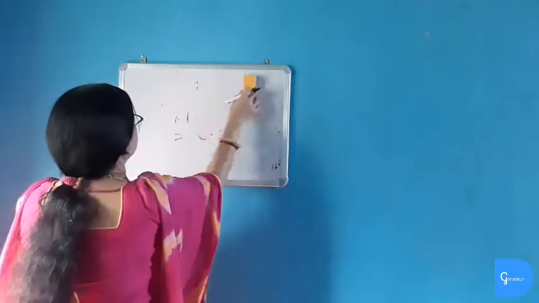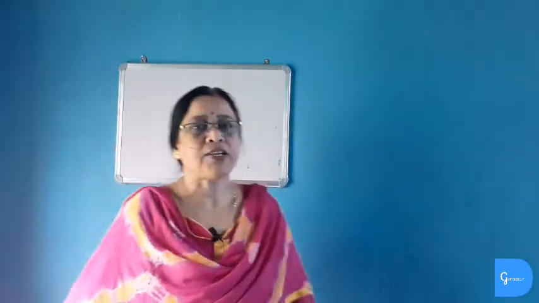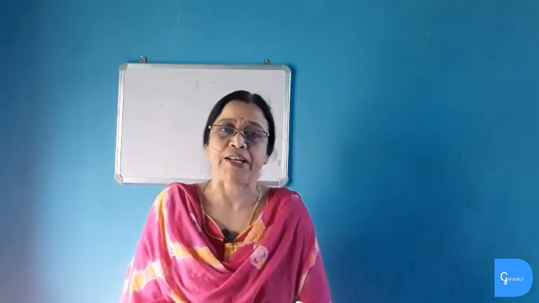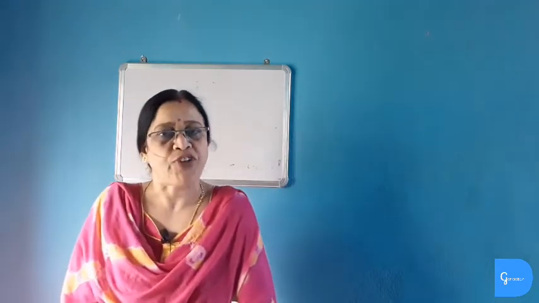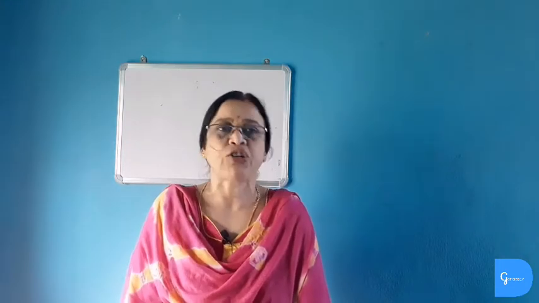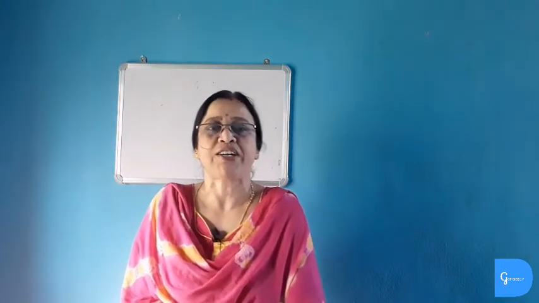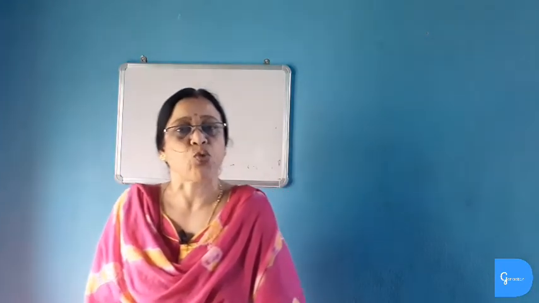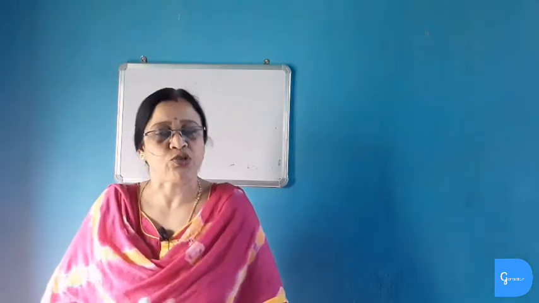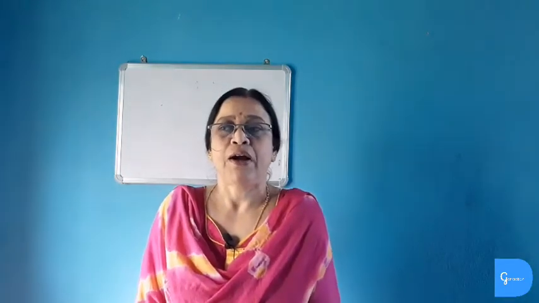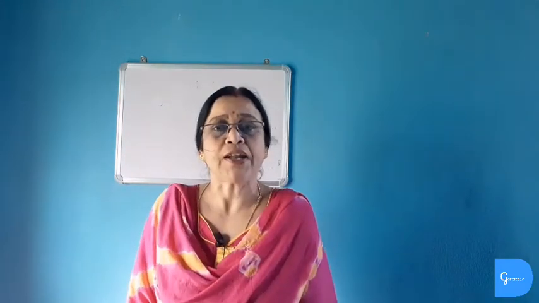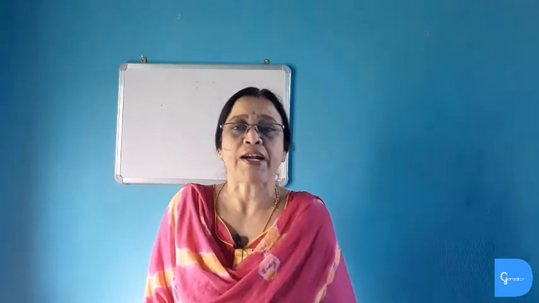Now, we will study about conductors and insulators. What are conductors? Conductors are those substances through which electricity can flow very easily. All metals are good conductors of electricity, and non-metals such as graphite, which is a form of carbon, is also a good conductor of electricity. Human body is a good conductor of electricity. And insulators. Insulators are those substances through which electric current does not flow or pass, like plastic, rubber, paper, dry wood, porcelain, bakelite, cotton. All these are insulators.